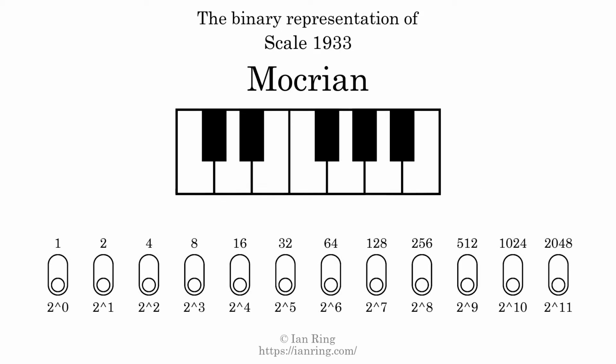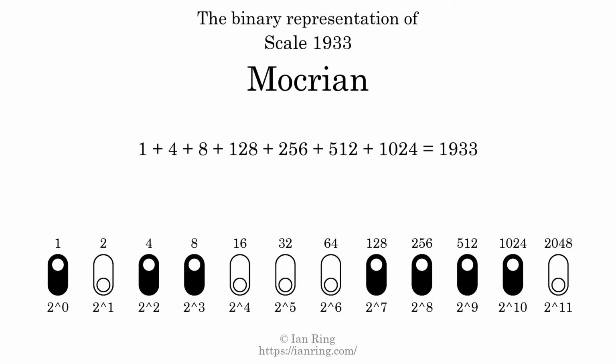The binary representation of this scale is determined by mapping tones of the scale to binary digits. Each binary digit represents a power of 2. To get the scale number, we add the powers of 2 together. The powers of 2 that are present in the scale, all added together, equals 1933. That is why the scale number, in decimal, is